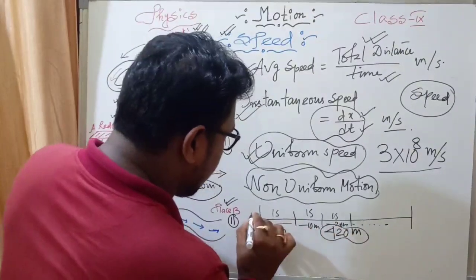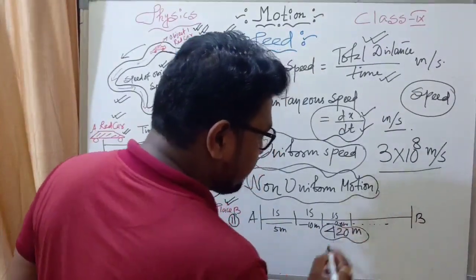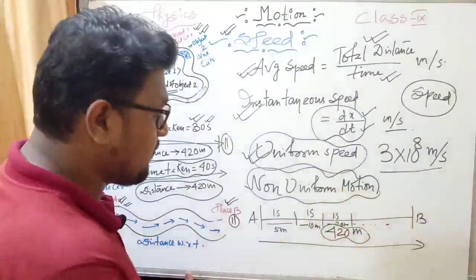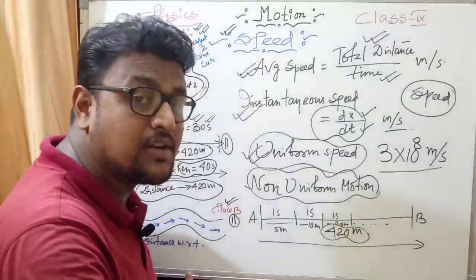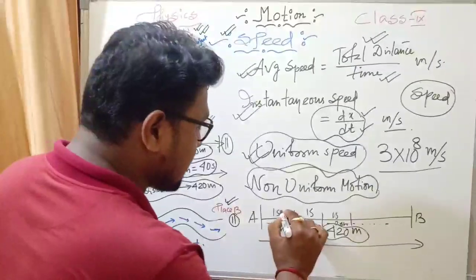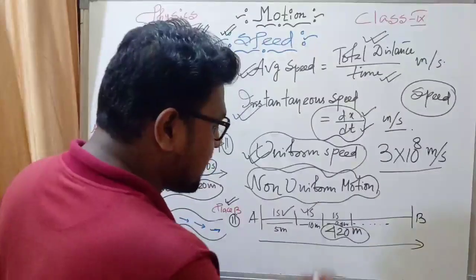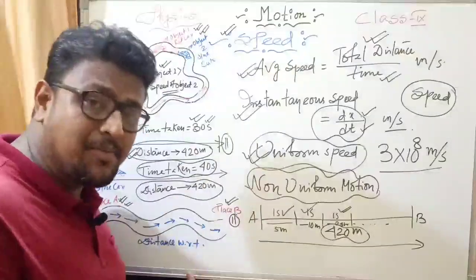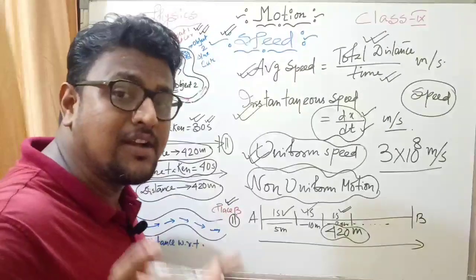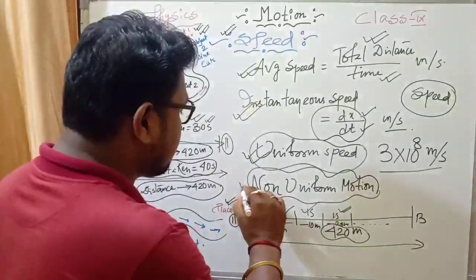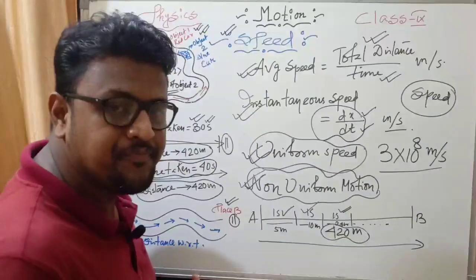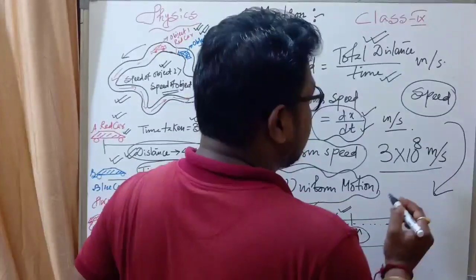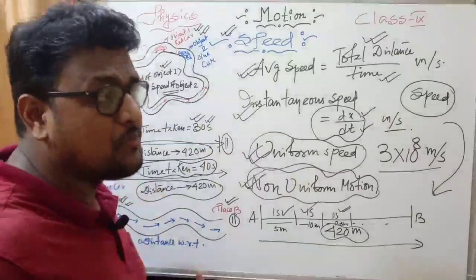So here, if you observe, the total path covered from point A to point B is a total distance of 420 meter, but the intervals are the same, per second, while the distance is not equal in every case. Distances are unequal. In the first case 5 meter, in the second case 10 meter, in the third case 20 meter. That means that concept is non-uniform motion. That means when an object travels unequal distances in equal intervals of time, that is the concept of non-uniform motion. And the instrument which measures the instantaneous speed,